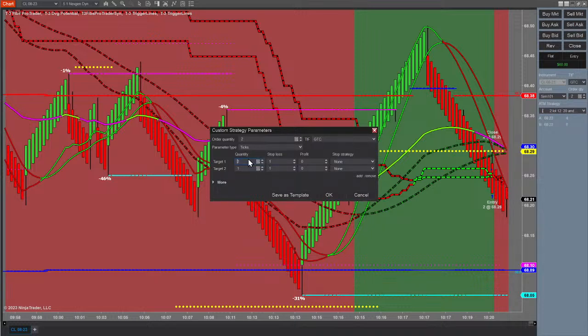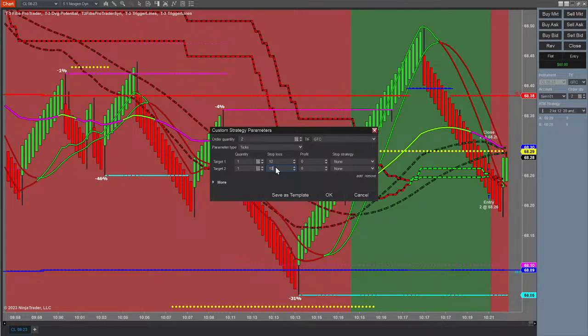So target 1 should be one of your contracts. Target 2 should be your other contract. Your stop loss is consistent, right? So guys, in futures, it's typically 9 to 14 ticks, depending on the trade, depending on what's going on. 12 ticks gives you reaction time to put that stop outside of the window of opportunity. And that's the only reason. Some people are like, well, I keep getting stopped out at 12 ticks. 12 ticks gives you reaction time to put the stop where the market shouldn't go.